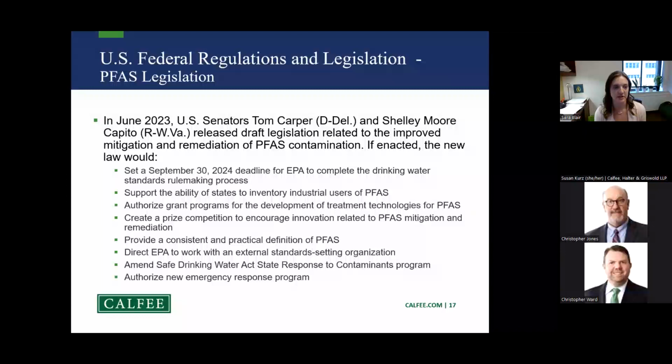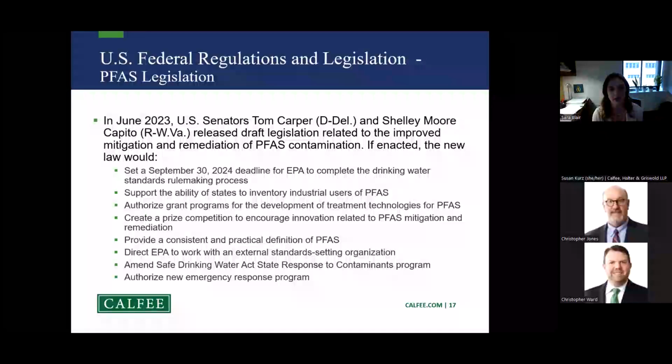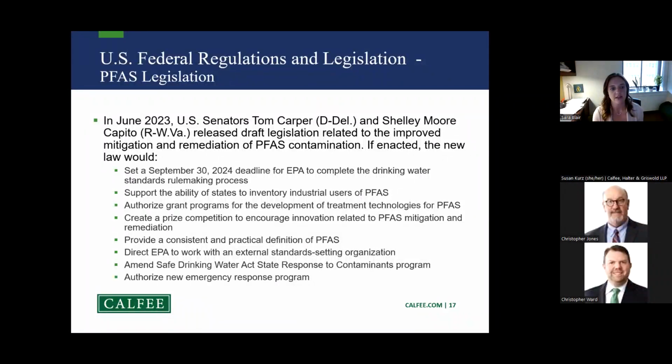Lastly, before I turn it over to Chris, I'll run through one recently proposed piece of federal legislation related to PFAS. In June of 2023, U.S. Senators Tom Carper and Shelley Moore Capito released a final draft bipartisan bill related to improving the mitigation and remediation of PFAS contamination. This draft legislation includes provisions that, among other things, set a September 30th, 2024 deadline for the